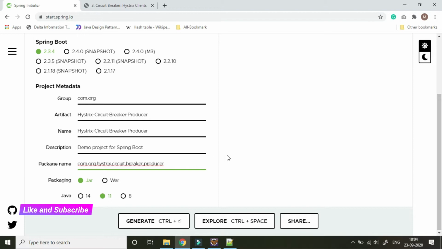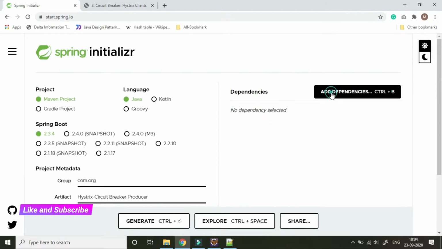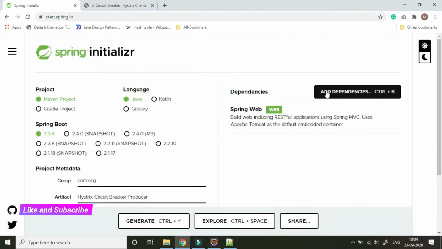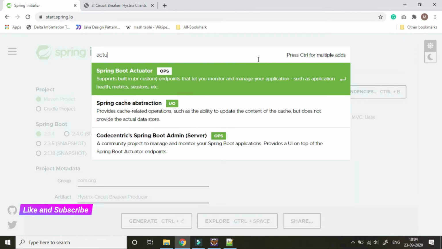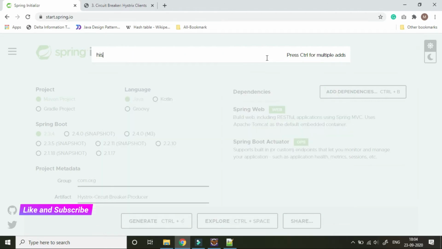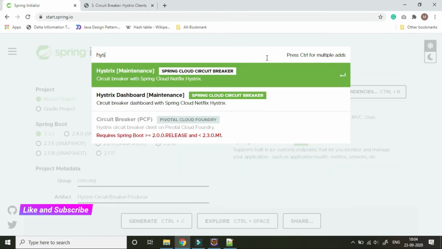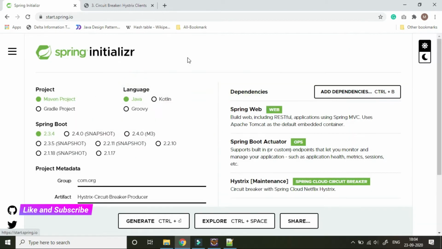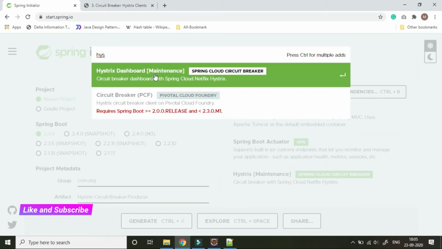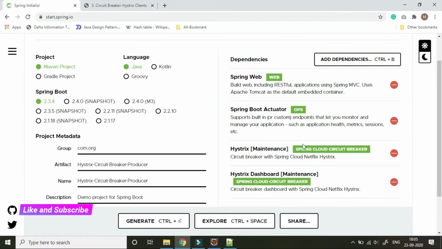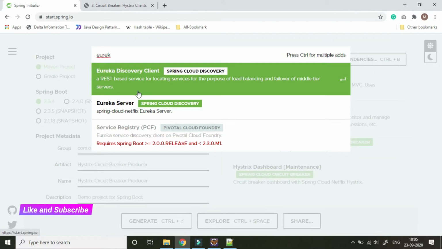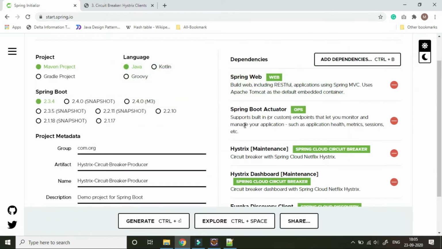Okay, so now we will add the dependencies: Web, Actuator, Hystrix, Hystrix Dashboard, with a Discovery Client.